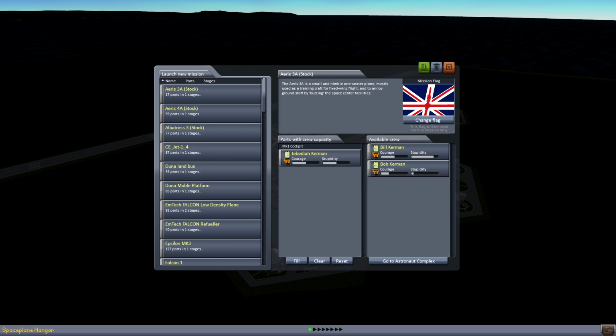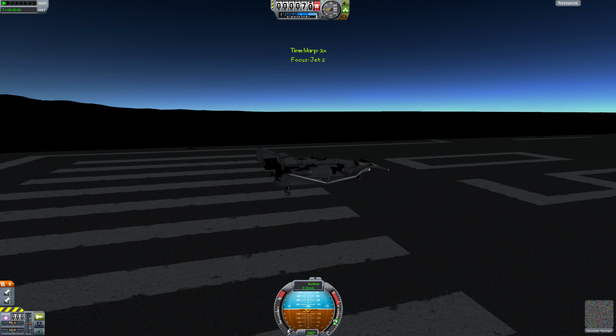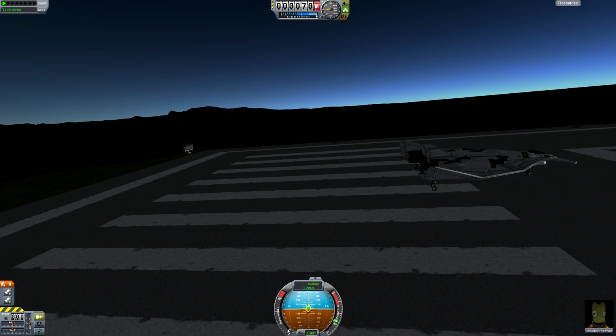So, without further ado, let us begin with the first submission, CE Jet 1_4. 87 parts in one stage, being flown today by our test pilot Jebediah Kerman. The CE Jet _14, submitted by Calistron Entertainment. It says here, Calistron Entertainment. That's a very cool name. Unfortunately, I'm not going to be able to see the actual email itself. I've just created a list of submissions and their respective entries. So, if you have instructions, I'm afraid they...